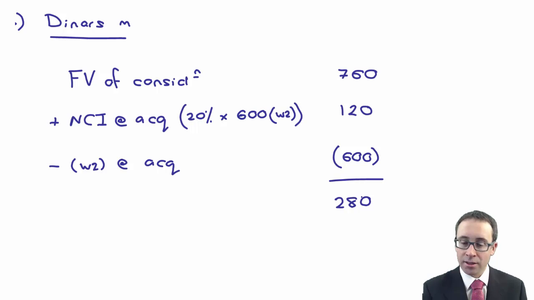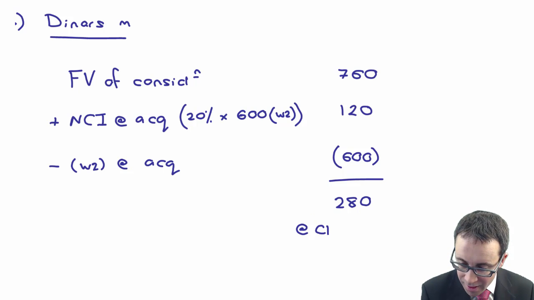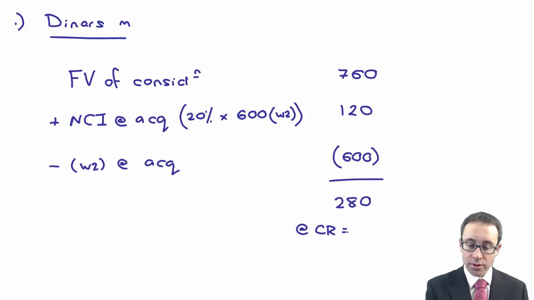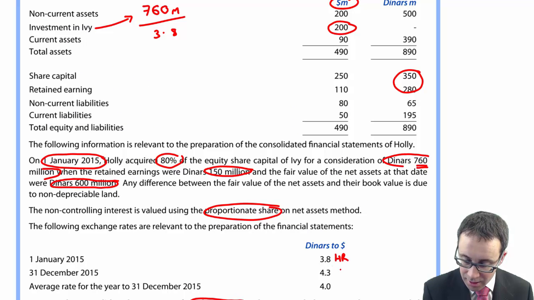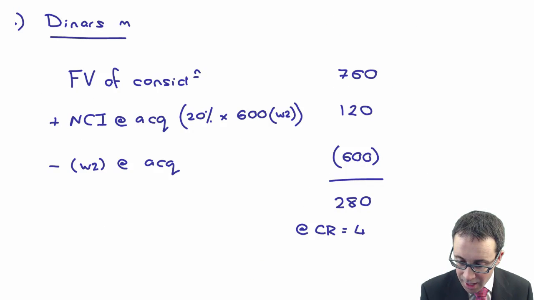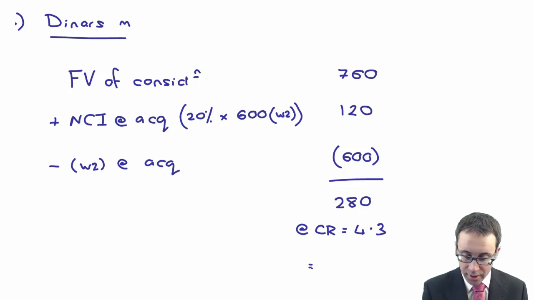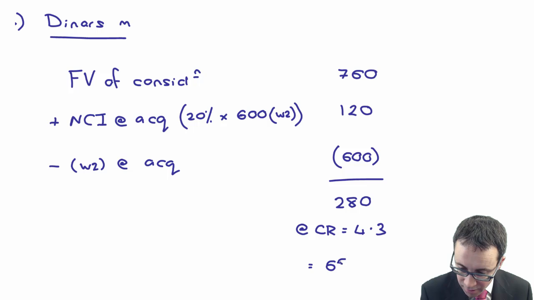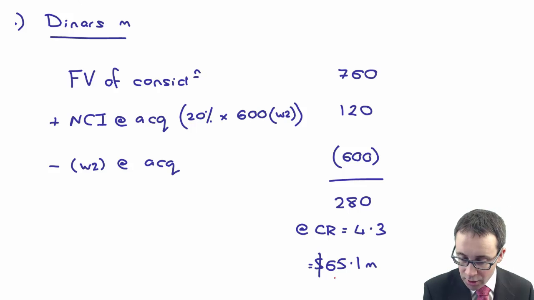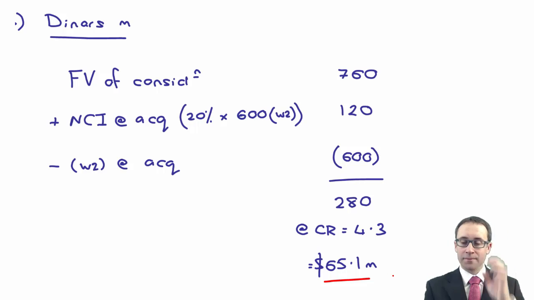If I total that up, 760 plus 120 less 600 gives me 280 million dinars. So we then need to translate that at the closing rate. The closing rate given within the question is 4.3. So 280 divided by 4.3 gives me $65.1 million. That's the figure that I would show on my statement of financial position. Okay, excellent. Working number 4